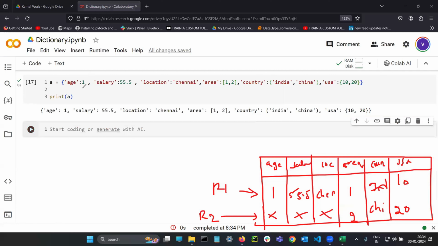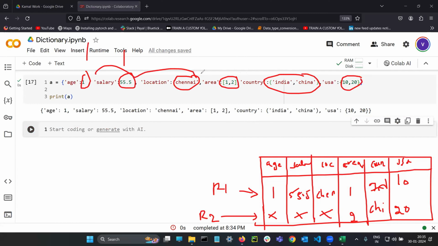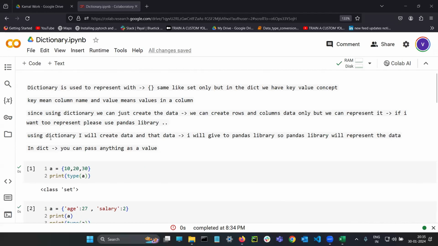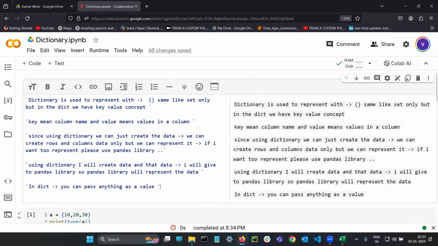Here in the place of values, I am passing an integer, a float, a string, a list, a tuple, and a set. Each and everything I am passing. Am I getting any error in the place of values? No. So what does it mean? The line which I have written is correct. In dictionary, you can pass anything as a value. You can pass any data type as a value. But